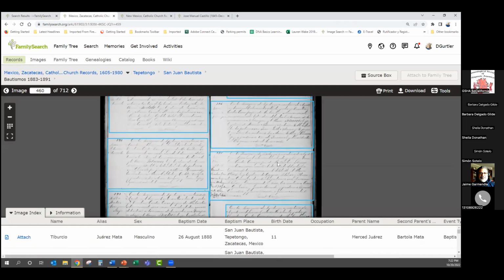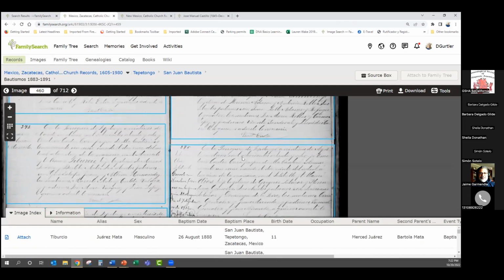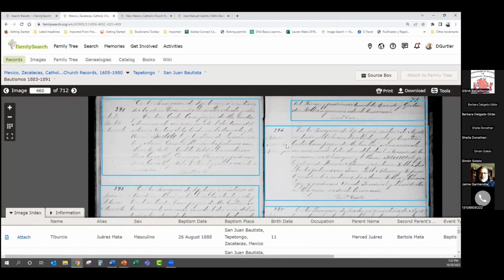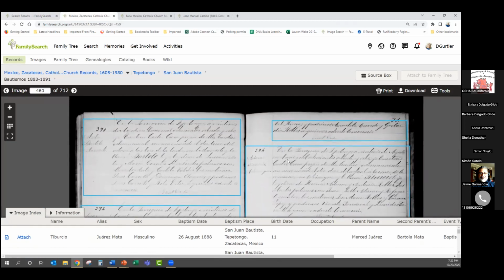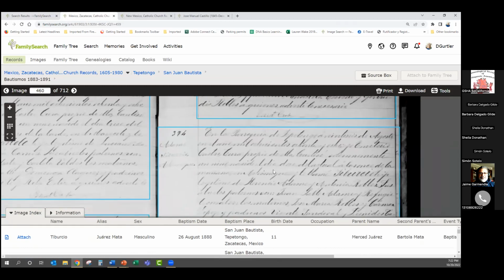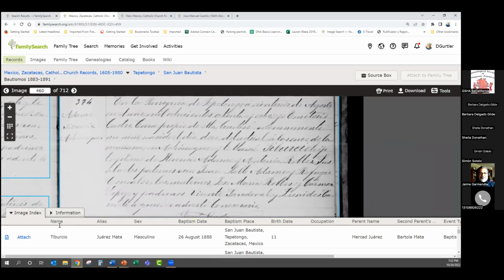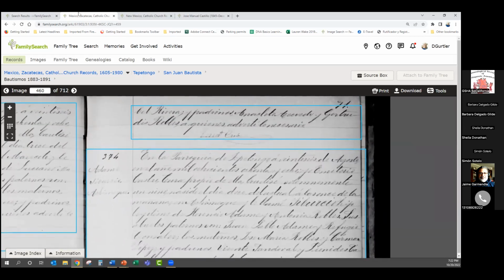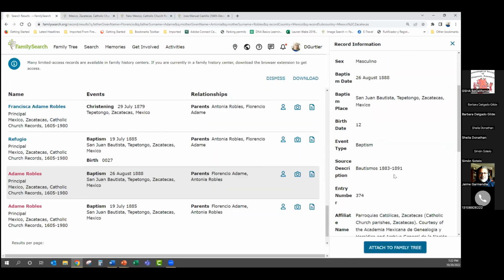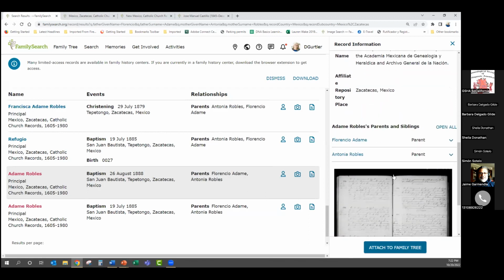So when you come across records like this in FamilySearch that have these lovely blue boxes around them, that's your clue that this record has been computer aided indexed. So the computer, they have a special program that outlines them in blue to separate the entries, and you can use that. Now you'll notice that, let me go back to my indexed information here, that all I have is